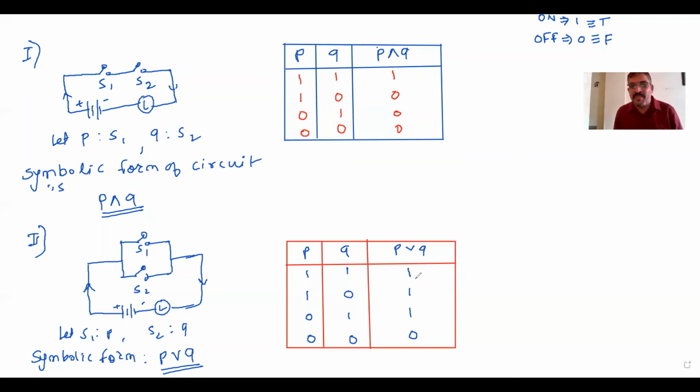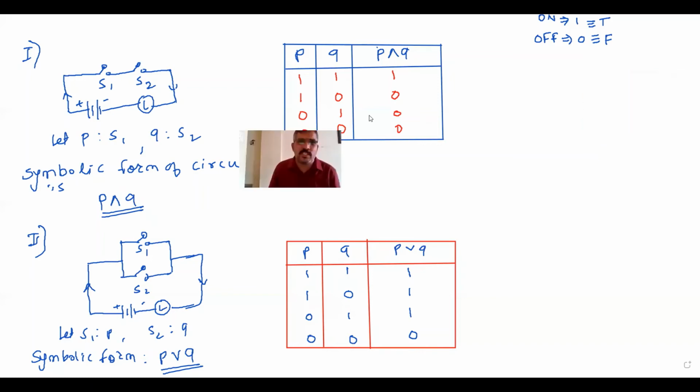Here we can say the current flows when at least one is on, and current does not flow if both are off, like this. Okay, this is the basic ideology for studying a circuit and drawing the circuit. And from the circuit, we can write the logical expression. So which type of questions are asked on this part? The first important question asked on this part is: draw the switching circuit.